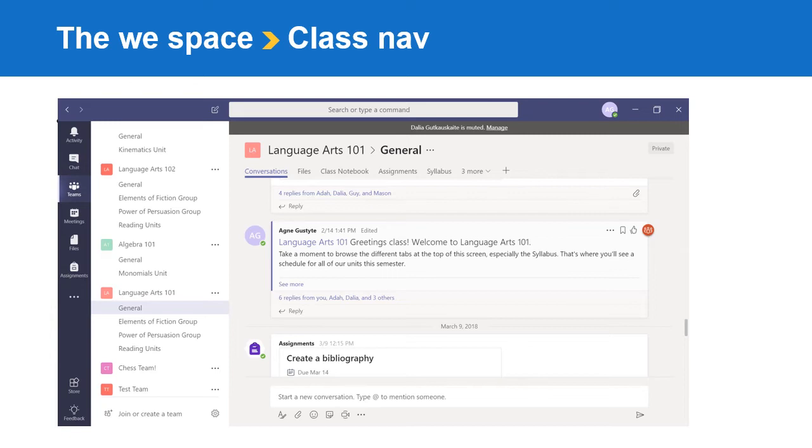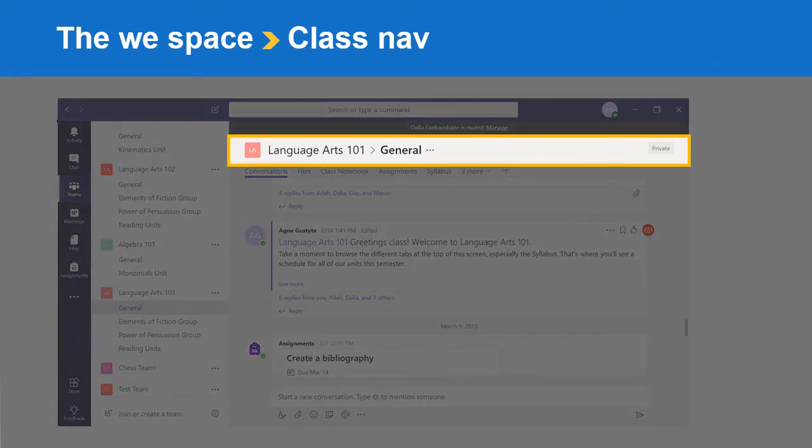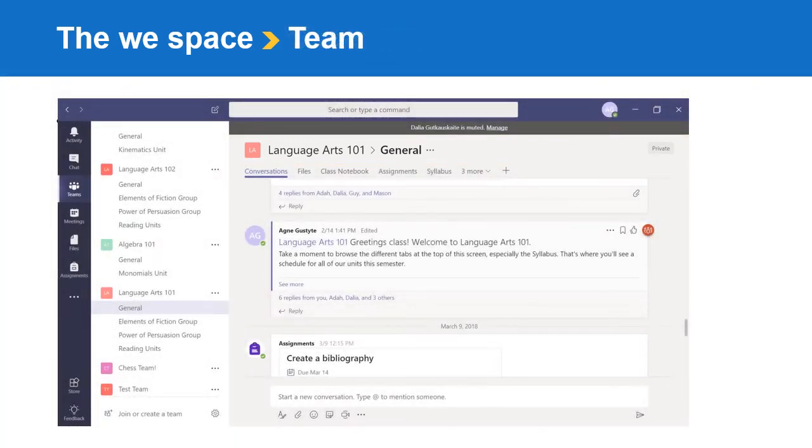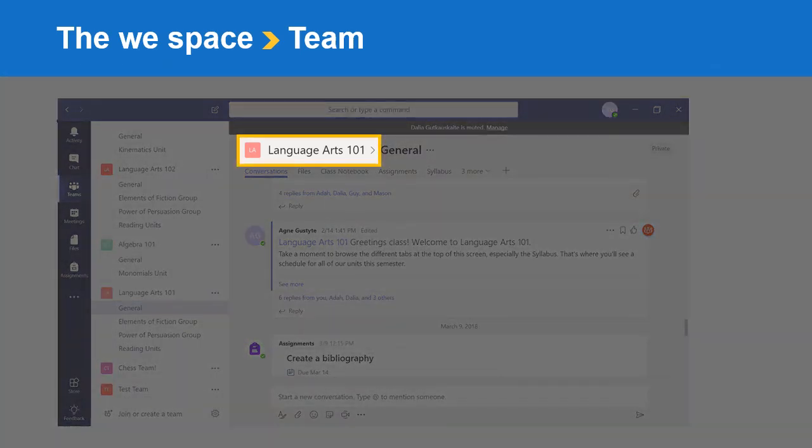Within a team, you can have multiple channels. Channels could be units of study, projects, or even work groups. As you can see on this screen, the team Language Arts 101 is selected, and we are in the general channel of this team. Every team created will have a general channel. You can see over in the left rail that this class has multiple channels. If a different channel is selected, the class nav will change to